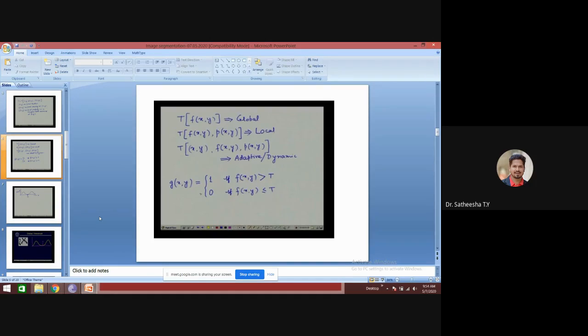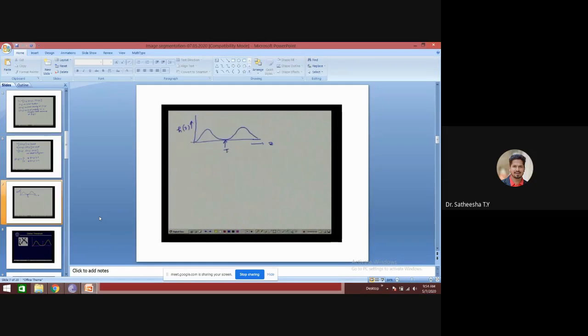And we put g of x comma y equal to 0 if f of x comma y is greater than t, indicating that the corresponding pixel is a background pixel.